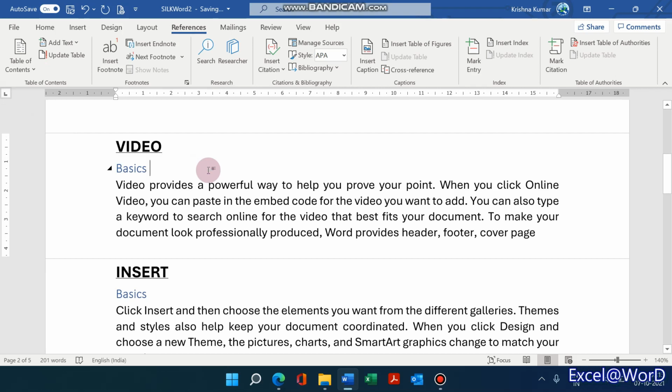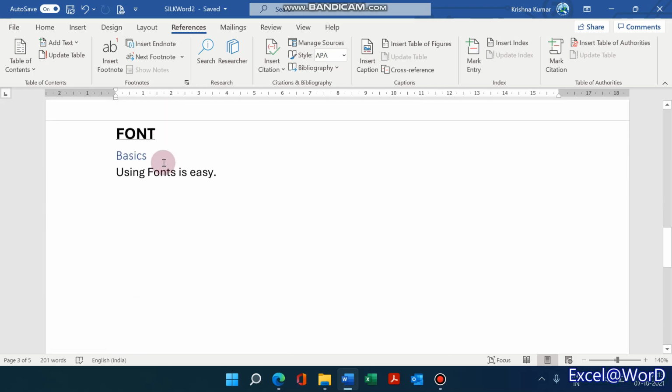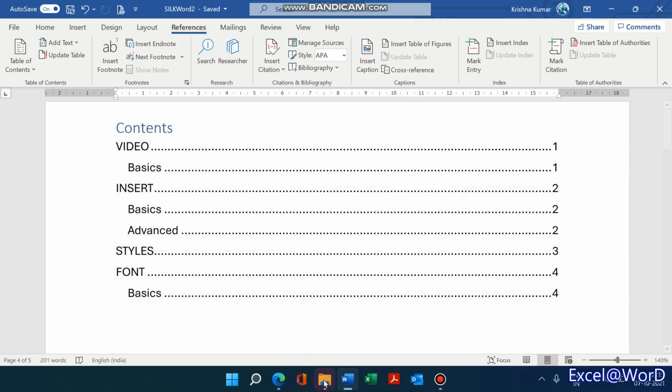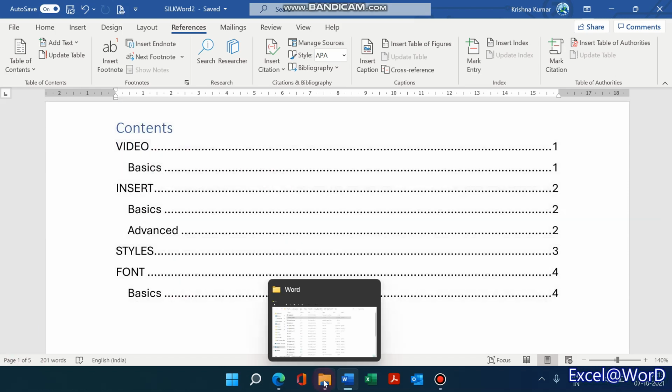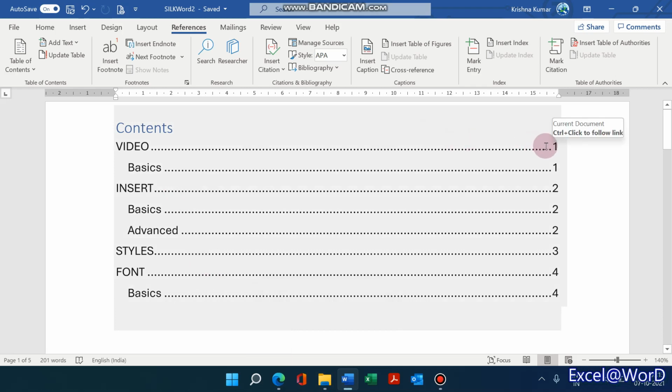So automatically the table of contents is always on a different page. The subpages are inserted here and the other pages go after, so that's why there are now 5 pages here, the first page being the contents here. So here you see the video is page 1, the basics is page 1, the third is page 2, the subtopics are page 2, that is page 3, font here. So this is totally automatic based on the values of heading 1.